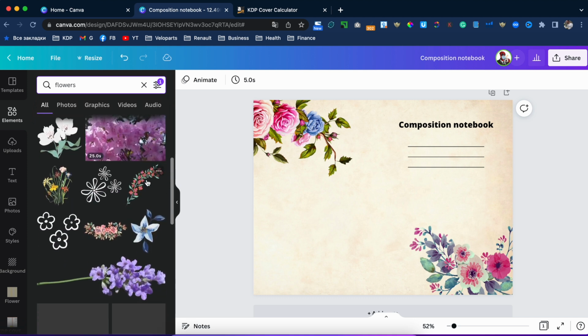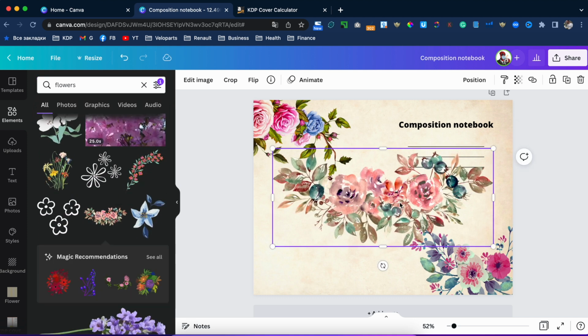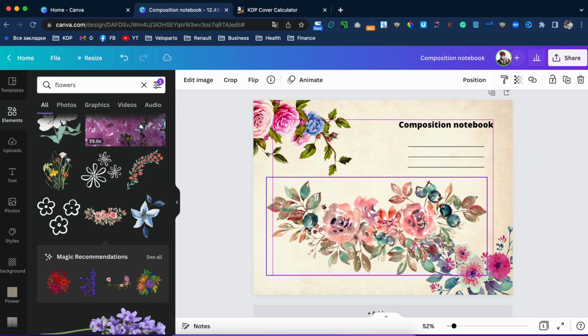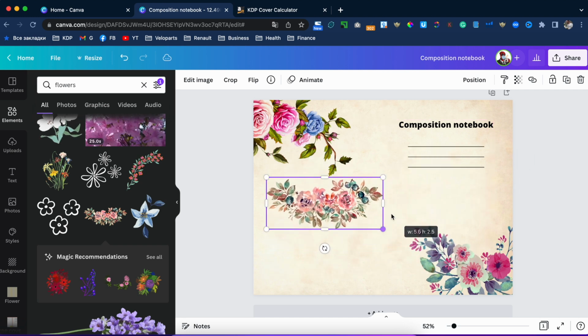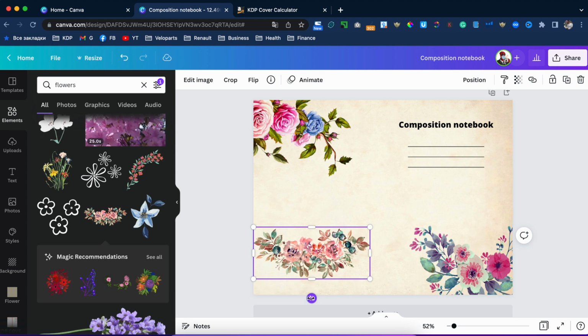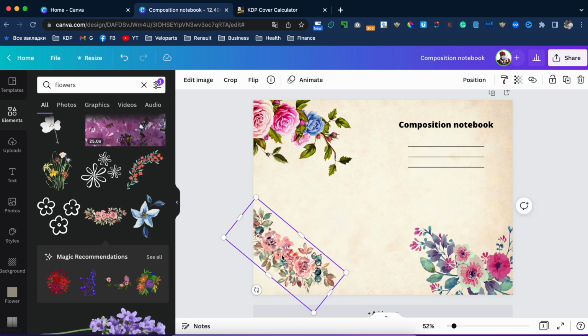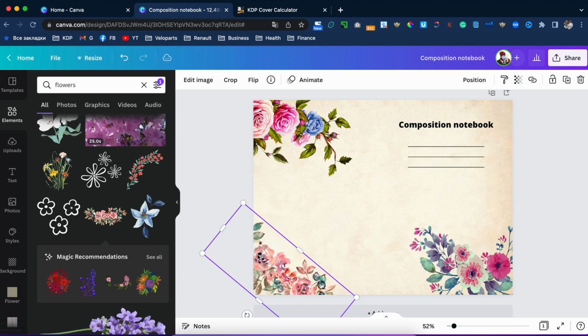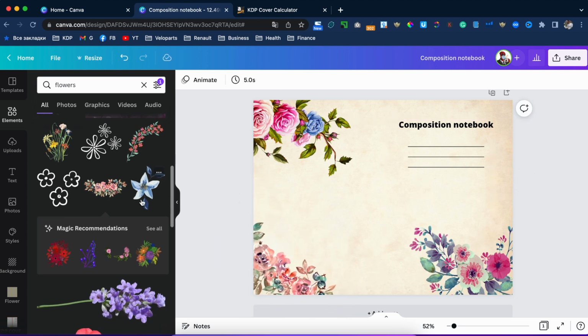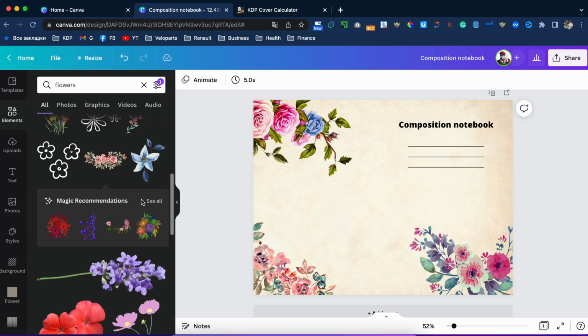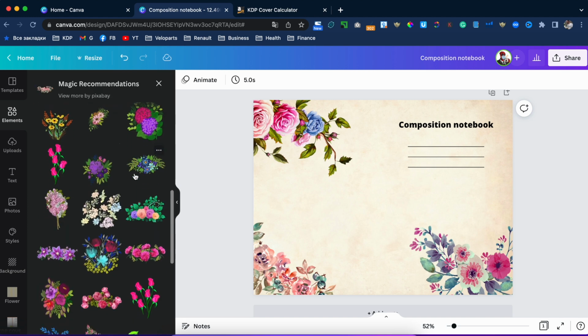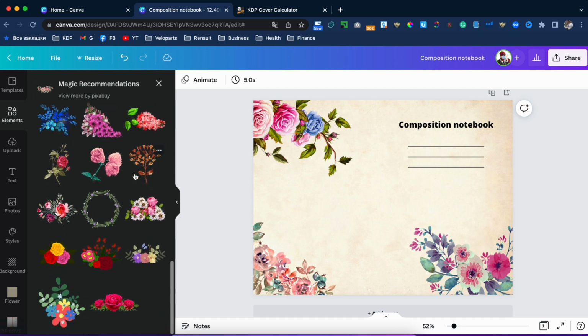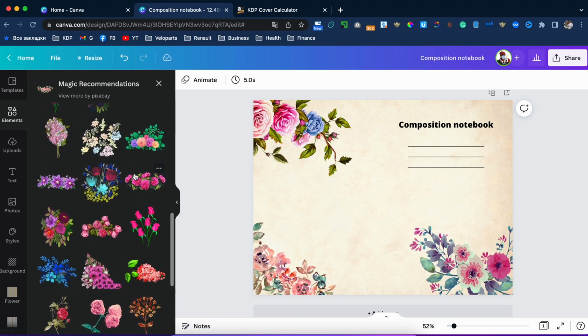Okay, here we are. Watercolor design, I love it. So go here. Let's change something. Okay, the next one. It's a cool thing, the magic recommendation you can choose. So let's choose this one.